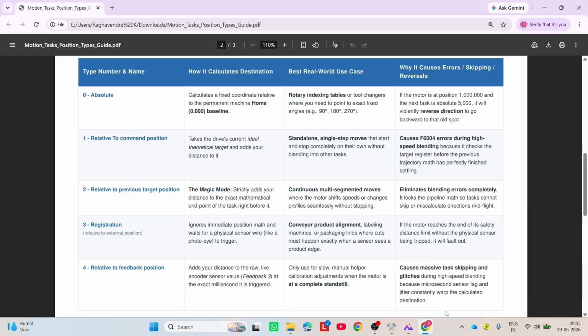Now that you know how each motion type calculates its path,